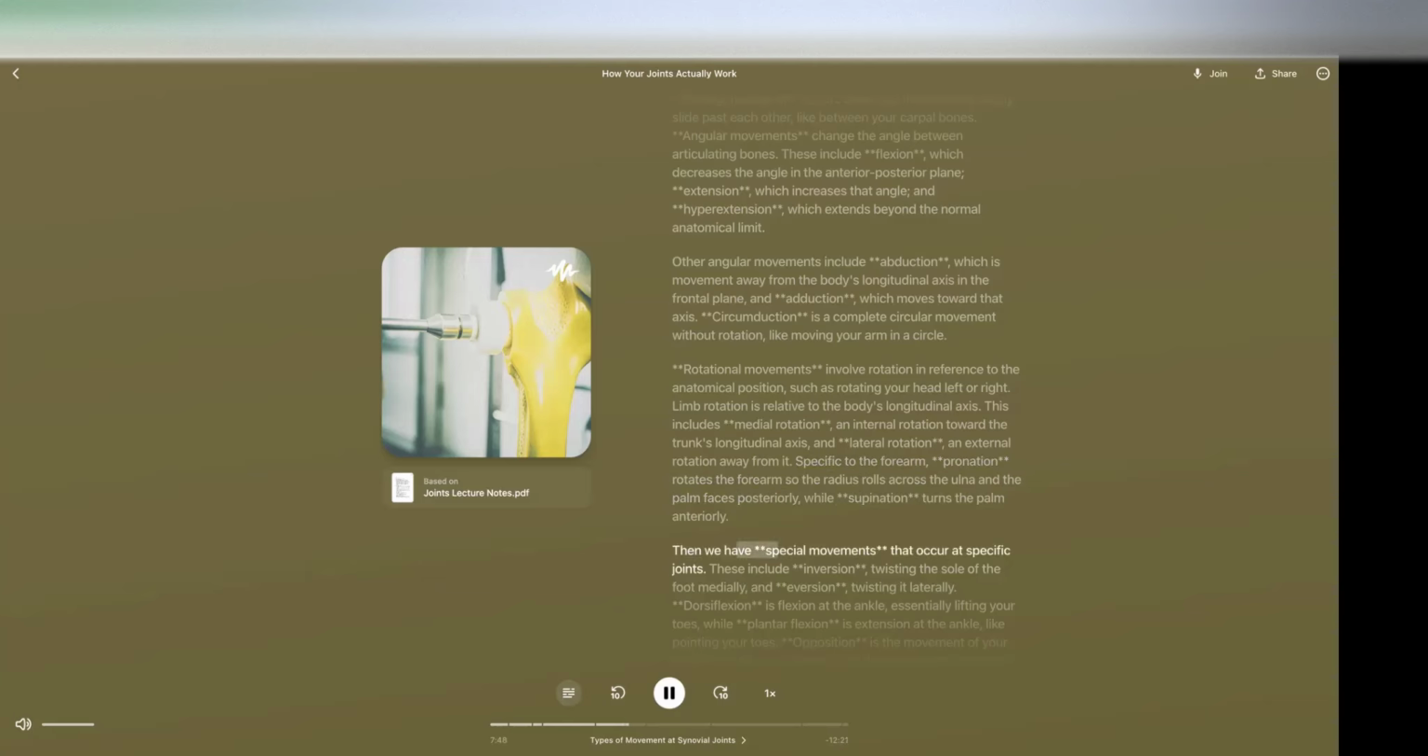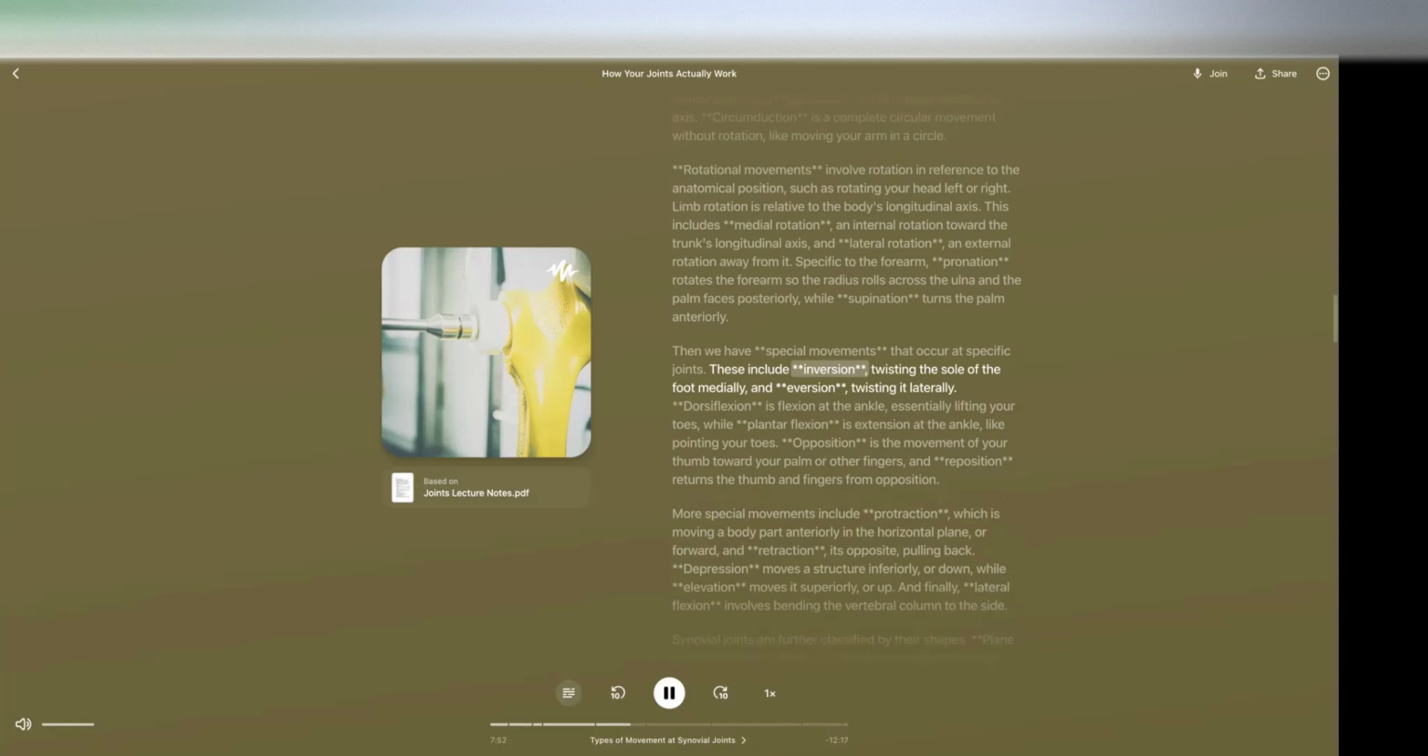Then we have special movements that occur at specific joints. These include inversion, twisting the sole of the foot medially, and eversion, twisting it laterally. Dorsiflexion is flexion at the ankle, essentially lifting your toes, while plantar flexion is extension at the ankle, like pointing your toes. Opposition is the movement of your thumb toward your palm or other fingers, and reposition returns the thumb